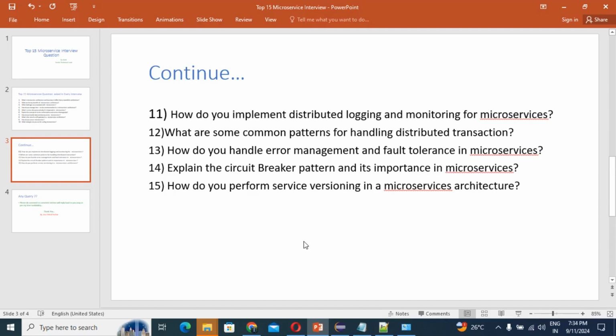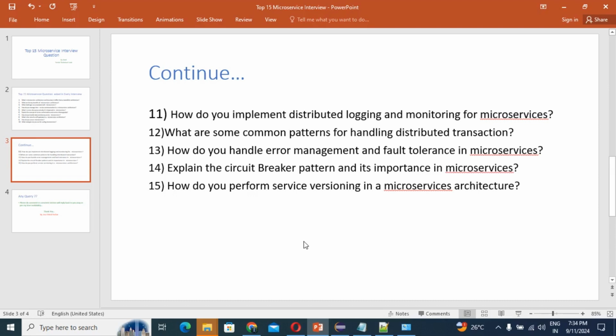So guys, in very simple, layman terms, the circuit breaker pattern is a design pattern which is used to handle failures in a distributed system. First, this thing you should know. The circuit breaker pattern is a design pattern which is used to handle failure in a distributed system. It prevents a service from making a request to a failing service by opening the circuit and redirecting traffic or